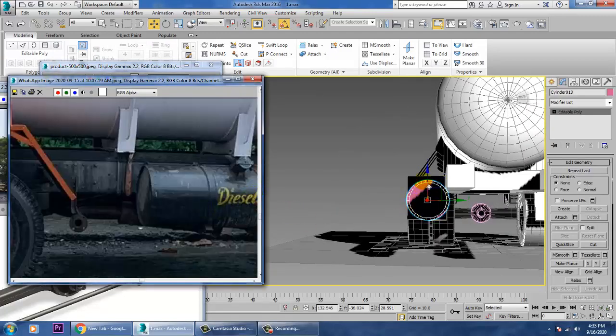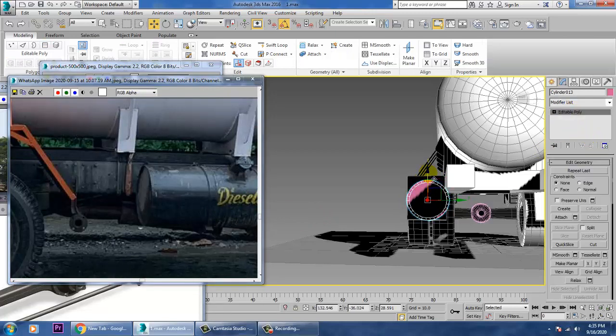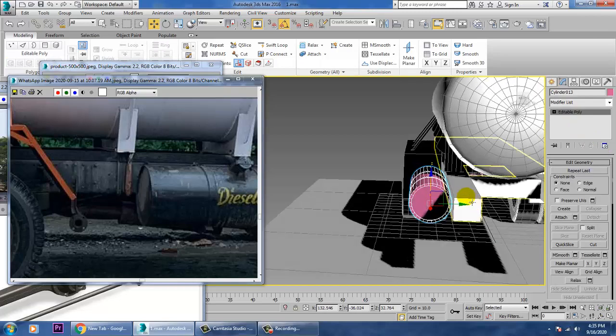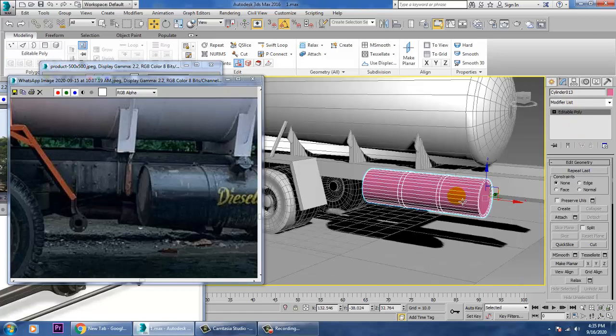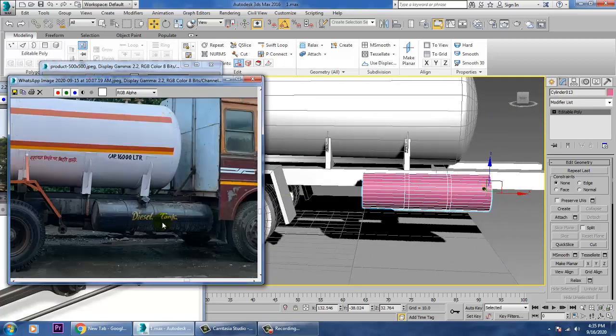So we'll be just pushing this a bit up over here and this will move out in this way, move forward a bit.